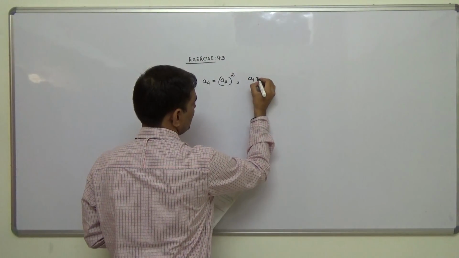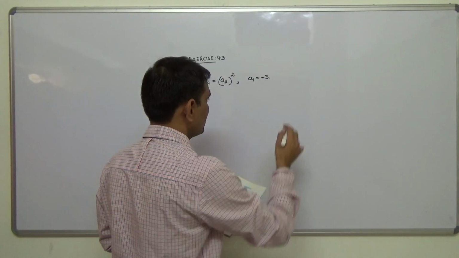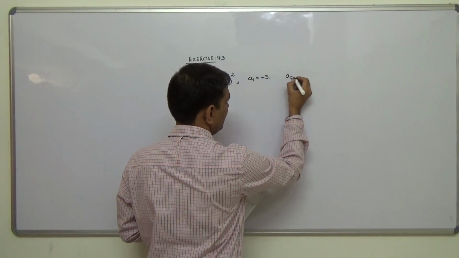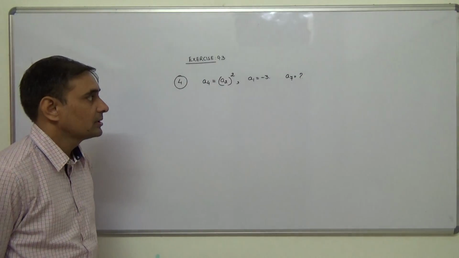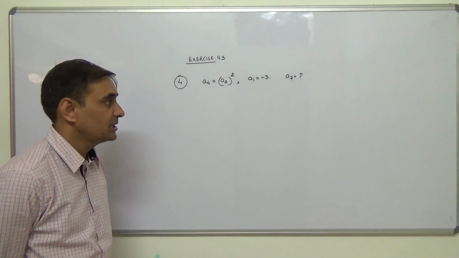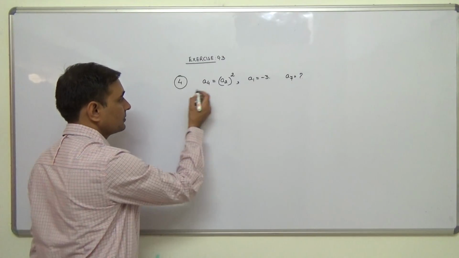A1 is equal to minus 3. Determine its seventh term. We have to find A7. A4 is A2 whole square. The first term A1, minus 3, is given. We have to find A7. Now,